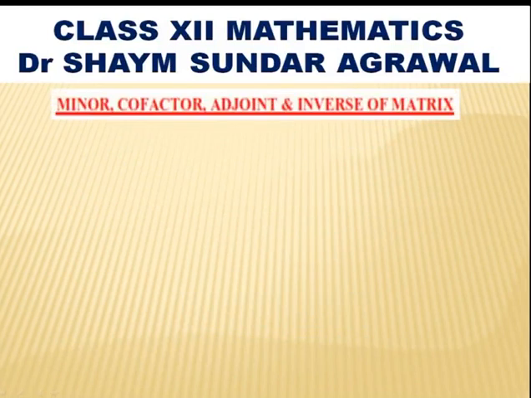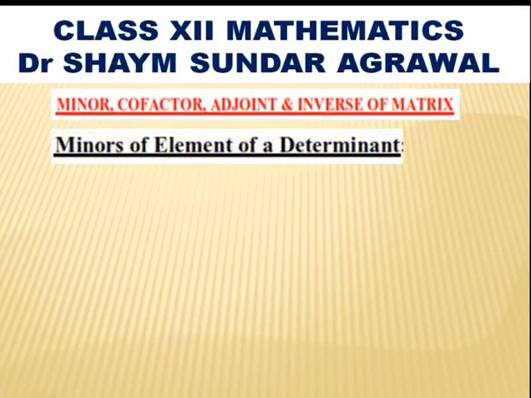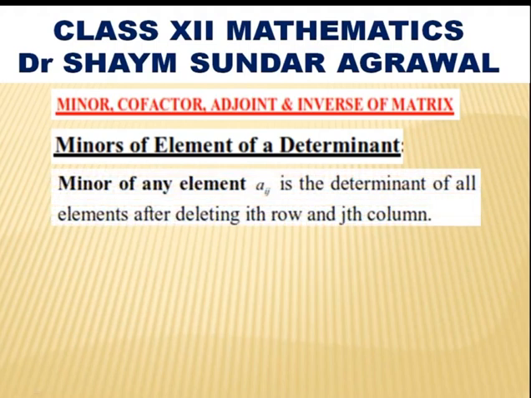Here I am going to explain what is minor, cofactor, adjoint and inverse of a matrix. First, minor of elements of a determinant. Minor of any element Aij